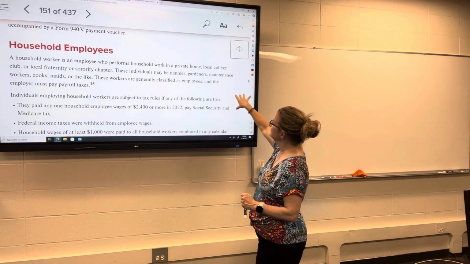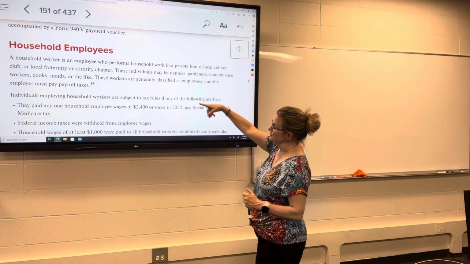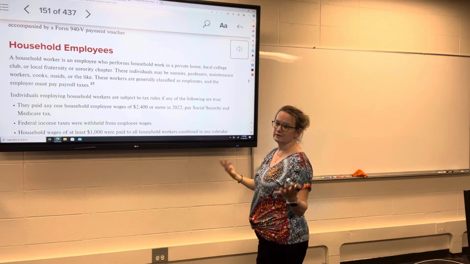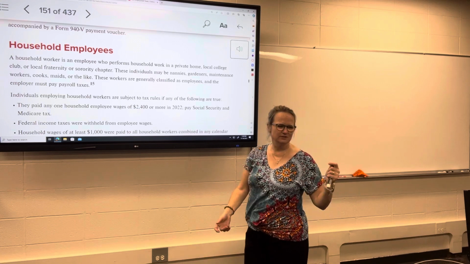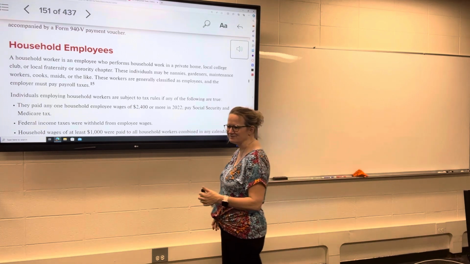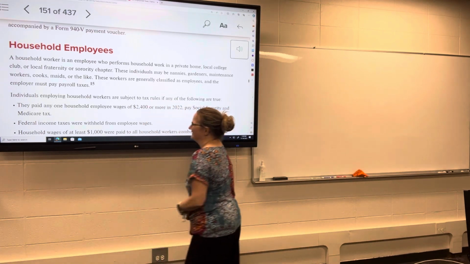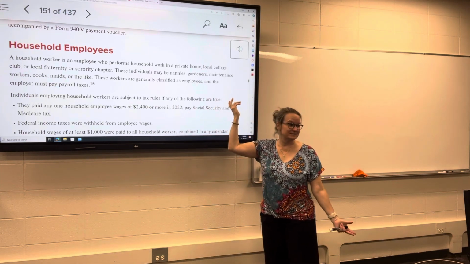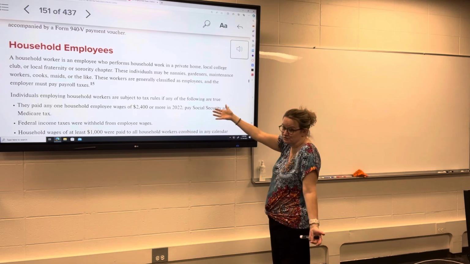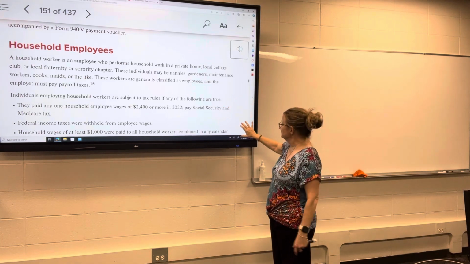We already know this. So also local fraternity or sorority chapter. If they have house moms, do they have house dads? They have house moms. Not of a sorority. Yeah. So those would be considered household employees as well, and then the sorority would have to pay these taxes on